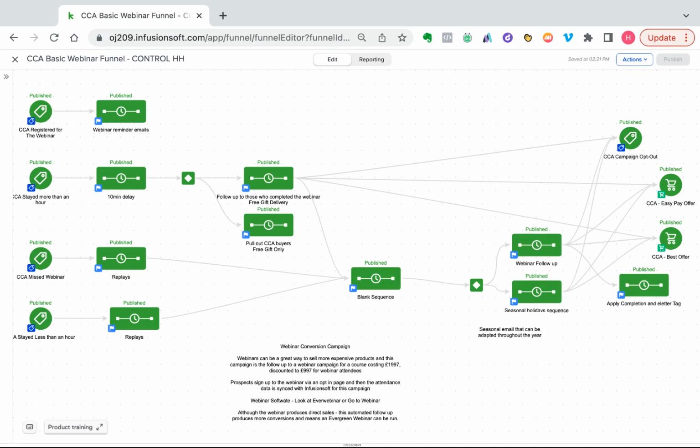But we wanted to make the webinar work harder for us, and we wanted to follow up with the attendees, and we can do that with Keap. Using integration with an external webinar provider, we use EverWebinar, but you could also look at GoToWebinar. We integrate with Keap, so all the prospects that sign up for the webinar are pulled into Keap here with